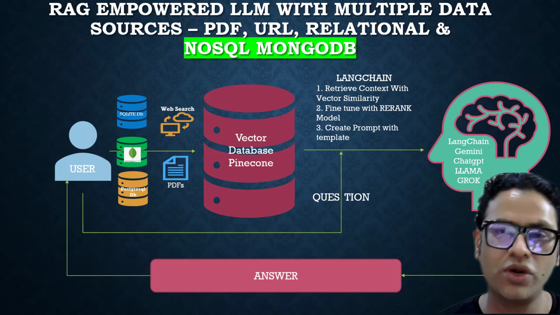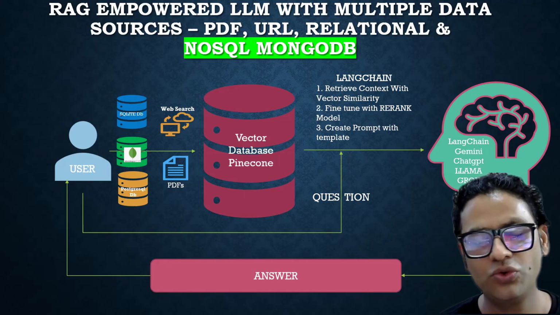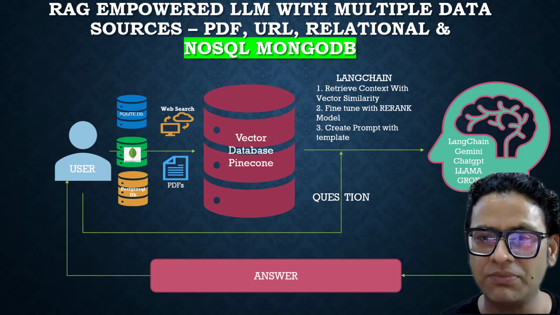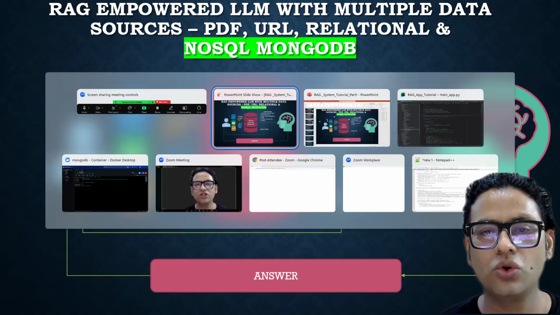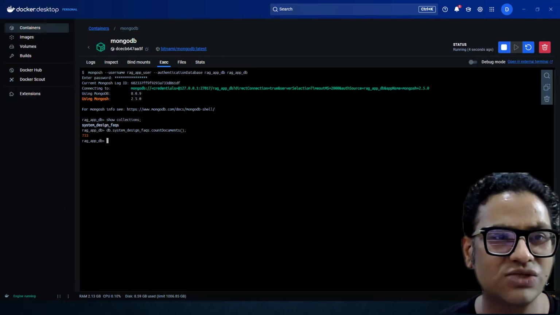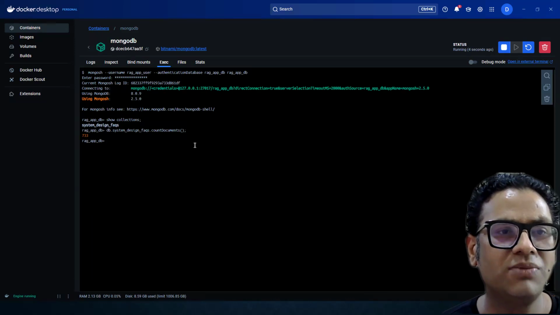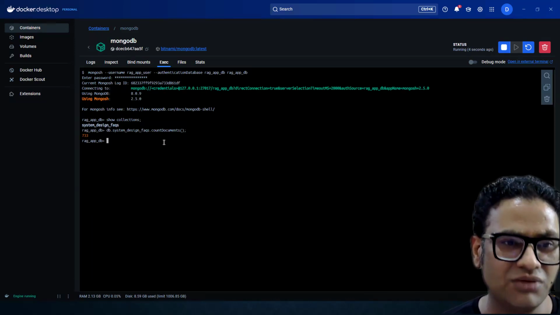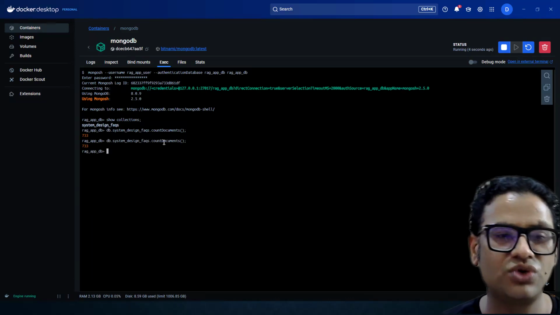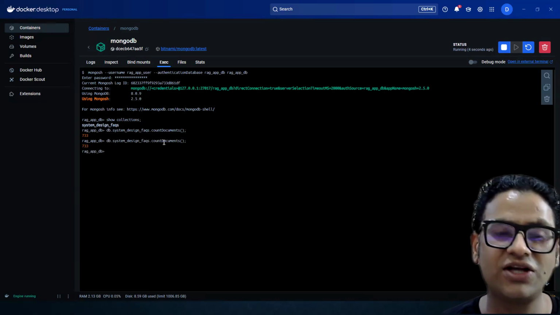Before we get into the coding part, I would highly recommend you watch part 15, where I explain how you can set up MongoDB along with loading the data. If you just watched my previous video, this is where we have a MongoDB container running and I'm inside the terminal. If I run this command, we know that we have 733 questions and answers related to the system